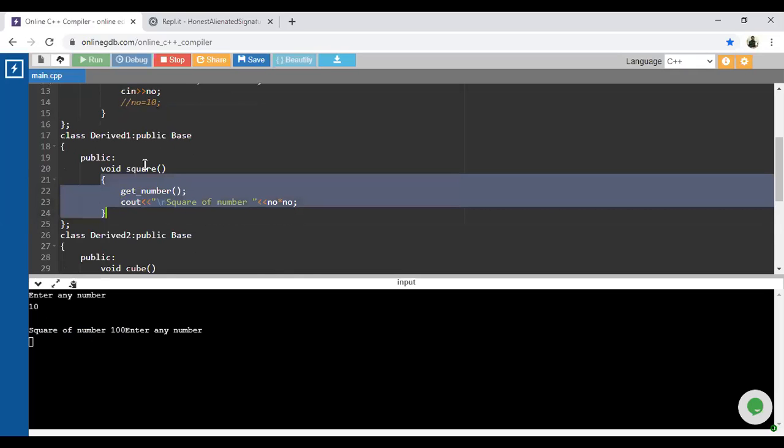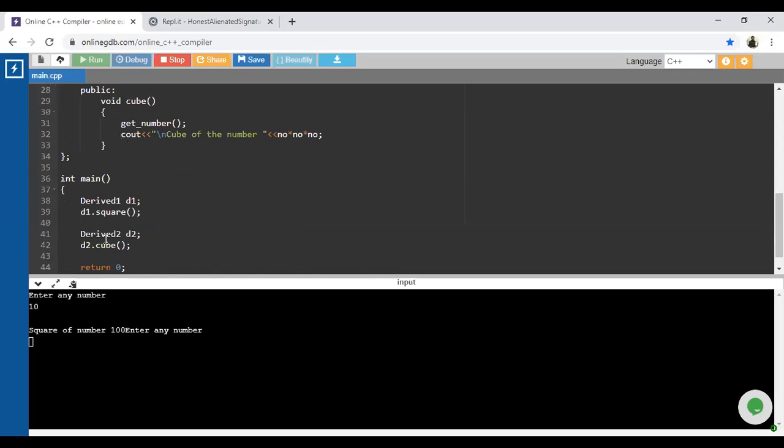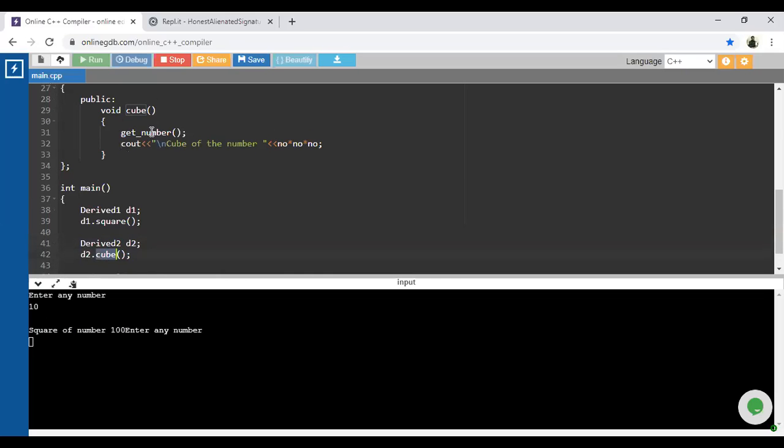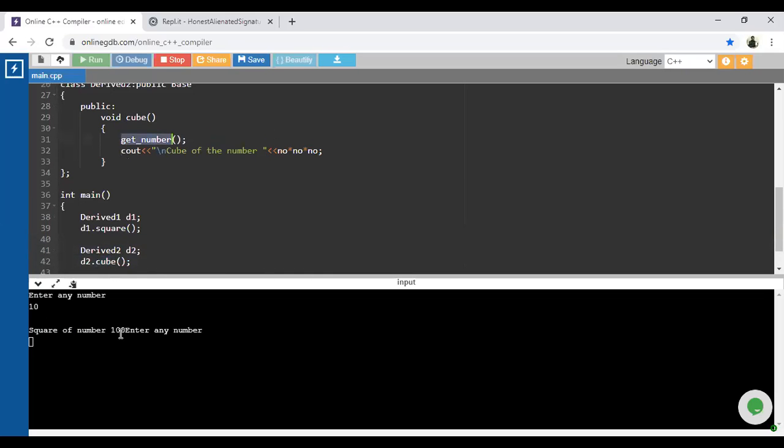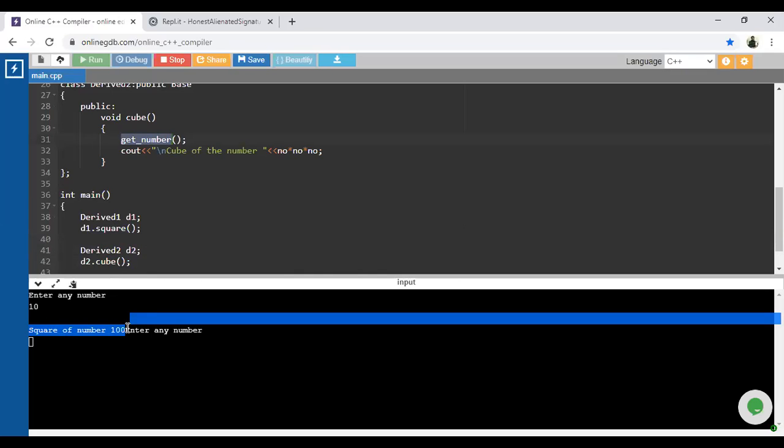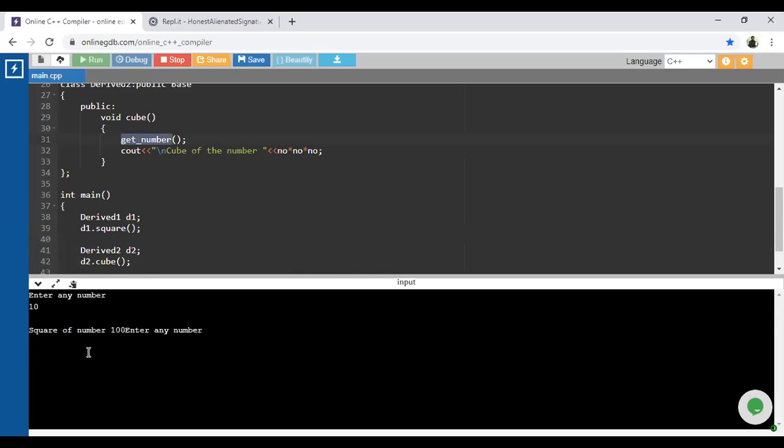Next, the compiler moves towards the second object, derived d2, and with the help of d2 it calls the cube function, and inside the cube again the same logic, get number. So it will display the line, enter any number. Okay, I will enter 10 again. So again it will print the line, cube of number is 1000.